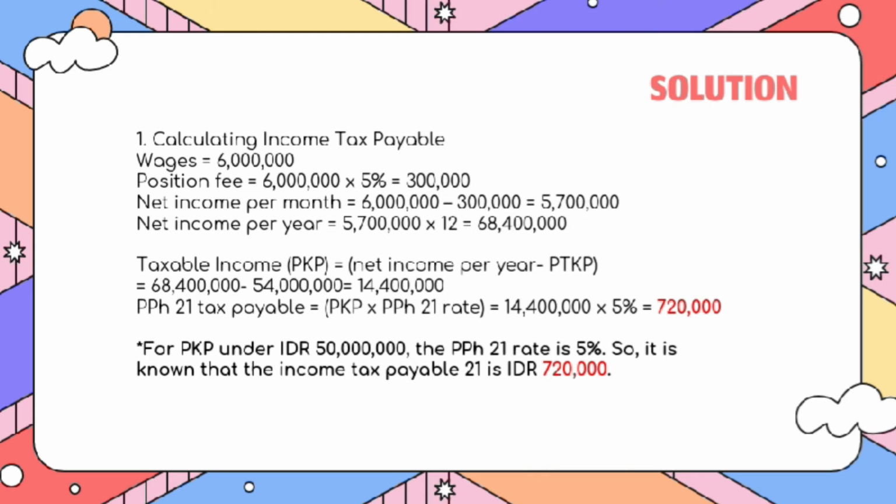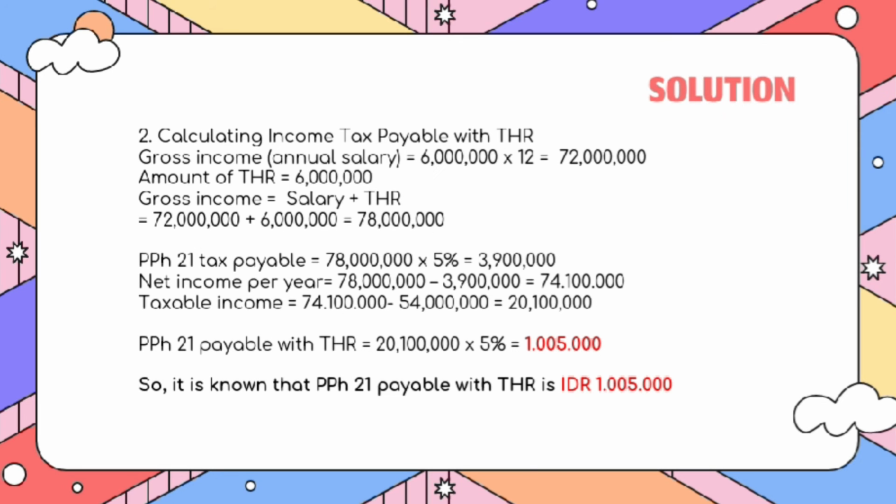The taxable income or PKP, the formula of taxable income is net income per year minus PTKP. The net income per year is 68,400,000 deducted with 54 million and we got 14,400,000. And for PPh 21 tax payable, the formula is PKP multiplied with PPh 21 rate, 14,400,000 multiplied with 5%. Why do we multiply with 5%? Because for PKP under 50 million rupiahs, the PPh 21 rate is 5%. And we got the total is